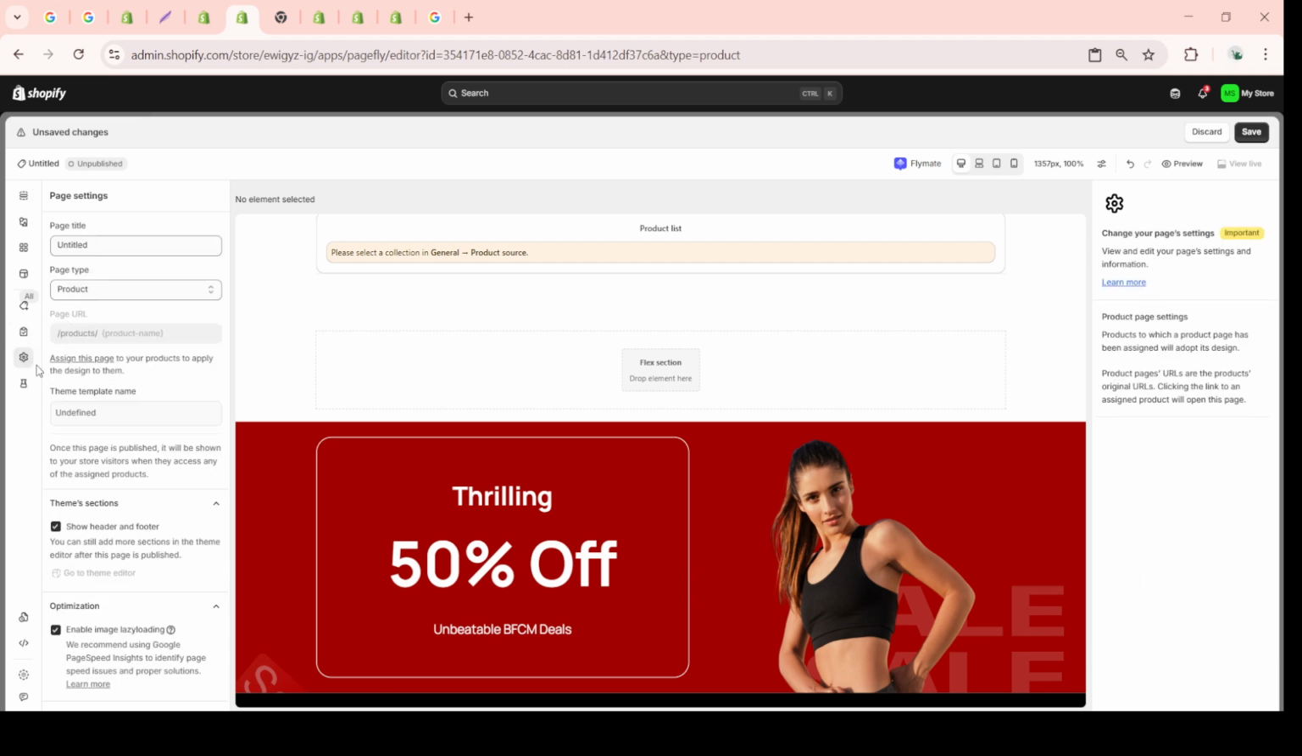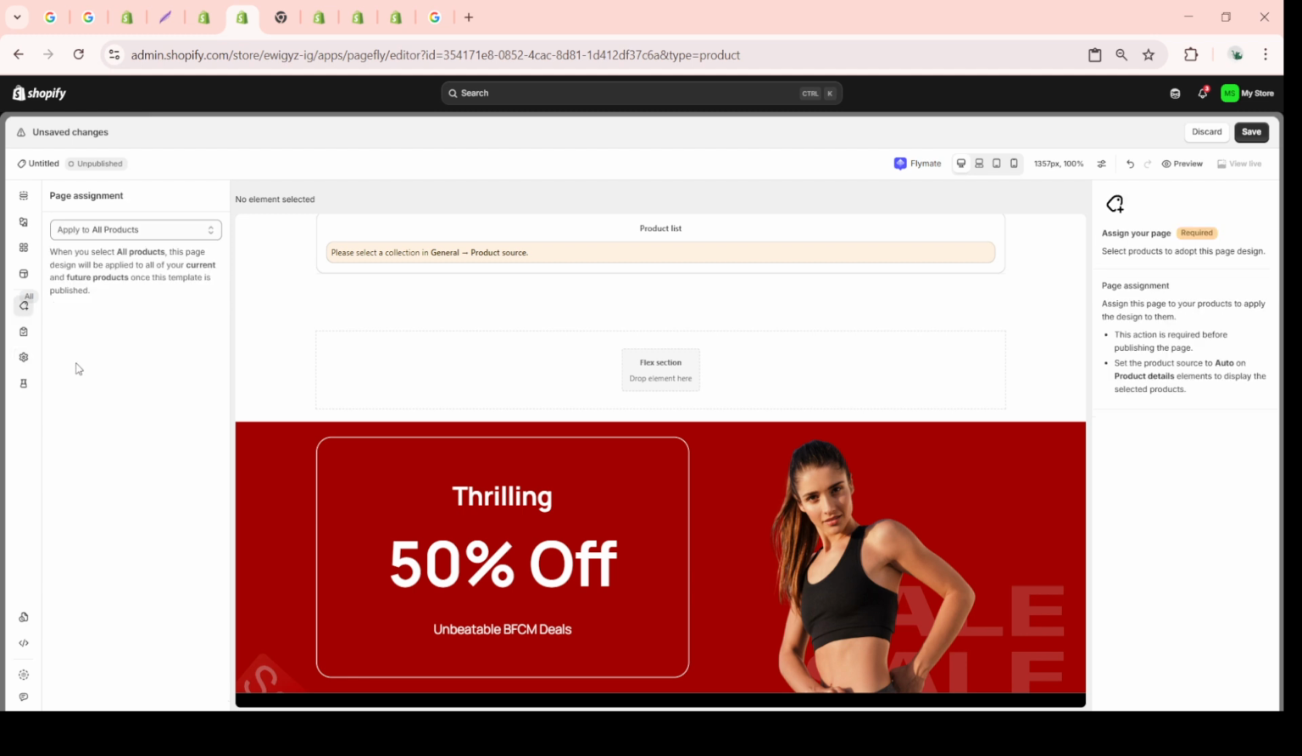This section is crucial because it allows you to make extensive customizations to your page. Click on the tag icon, which will open the Page Assignment section. Within the Page Assignment settings, you want to select the All Products option. This step is essential, as it ensures the design you're working on will be applied universally to all the product pages on your store. It automates the process of applying these changes individually to each product, thus saving you a